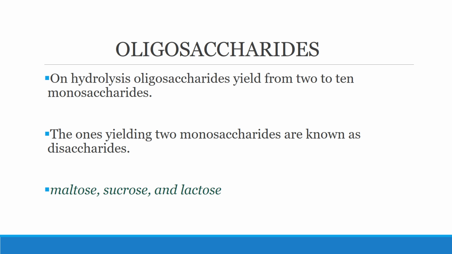Then we come to the oligosaccharides. These are those types of carbohydrates that yield monosaccharides on their breakdown, and they consist of at least 2 monosaccharides at a time. It can be two or more than two, and then there will be formation of oligosaccharides. The ones that yield 2 monosaccharides are known as the disaccharides, and then you can see the example